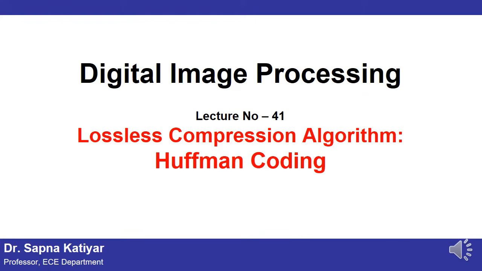As you are aware now, what is a lossless compression algorithm? A lossless compression algorithm is a type of algorithm which preserves data, and the compression process does not incur any loss of data. It means the whole of the information is kept intact, and such algorithms are widely used in applications where reliability and preservation of data is required. Various types of lossless compression algorithms exist. In the previous video lecture, you have studied run length coding. Today, you are going to study Huffman coding. Let us begin.